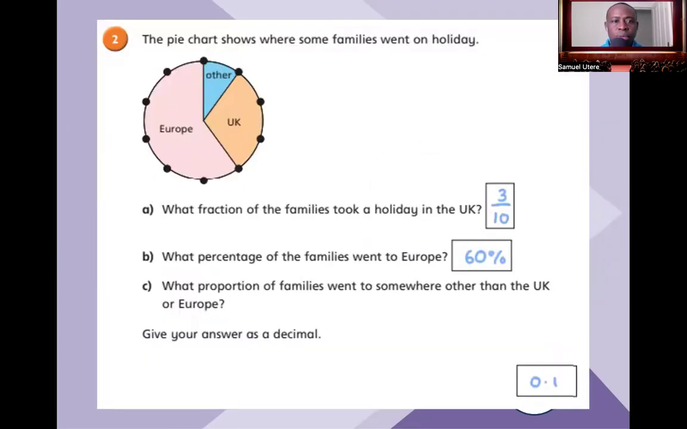For question 2, you were asked, what fraction of the families took a holiday in the UK? Well, you can see that the dots are placed on the circle to help you split the circle into equal parts. So you can see that that represents 3 parts, so it is 3/10, which represents 60%. Next, you ask,